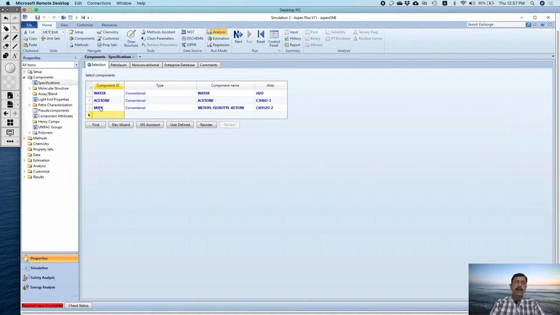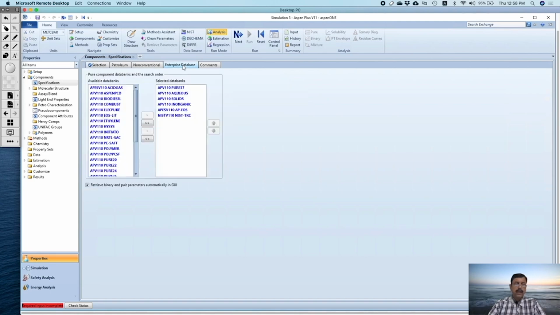So this component ID is given by you. Now you may be curious to know these components have been taken from some database, but what are those databases? For that, you have to go over here, Enterprise Database. So just go there and you will find these are the selected data banks from where these components have been